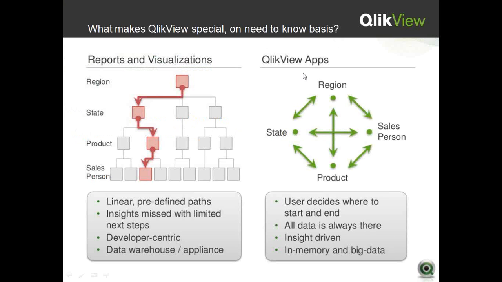Alright. So this is what the associative connection is. The left side is your conventional approach, the right side is your QlikView application. For example, you have four tables: region, state, product, and salesperson, and the same table structure is there in QlikView. While you are making a dashboard, you should have multiple filters and multiple hierarchies of selections, likewise in QlikView also. First of all, you have to go for selecting region in your conventional approach. Unless you select a region,